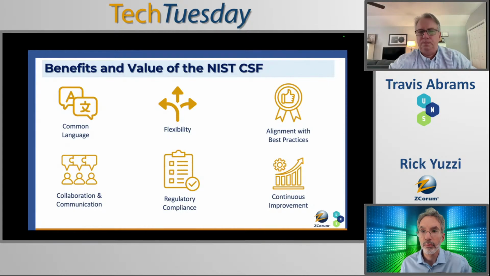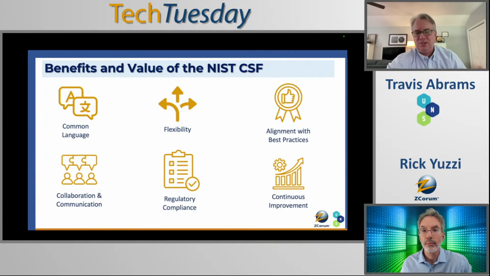It's also flexible. Even with the new version, NIST CSF 2.0, that came out in February, they made a lot of updates to it. And you mentioned one, Rick, with the new Govern section, but there are others. One of those is additional flexibility. So it's not one size fits all. Not every control or every requirement that's listed is going to make sense for every organization. So you have the ability to define what makes sense for your company and for your maturity in order to still be compliant with it.